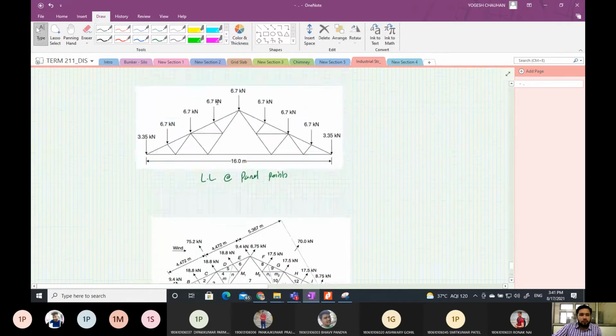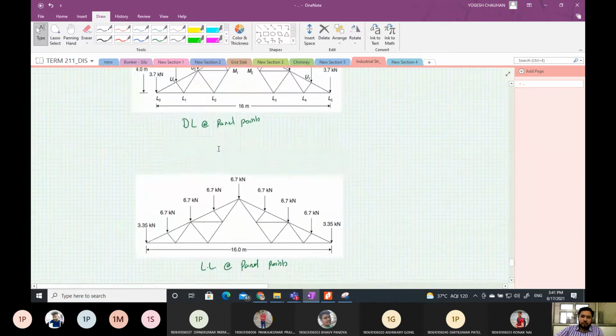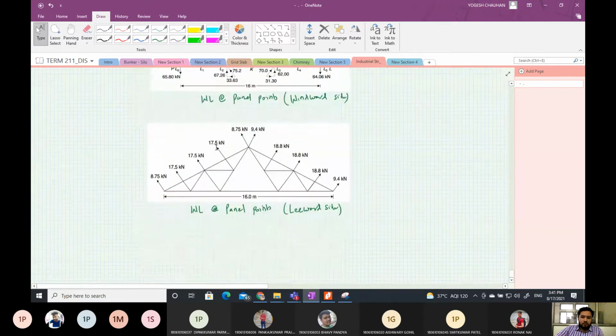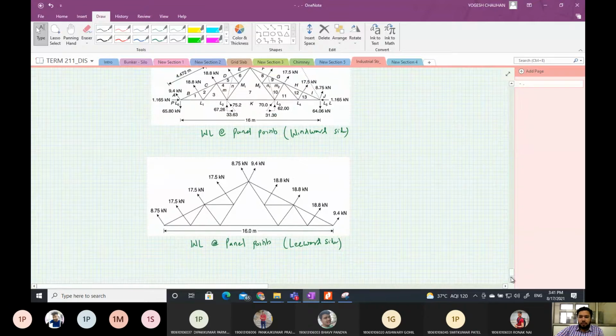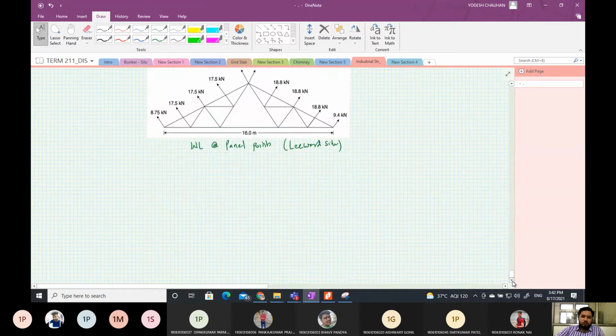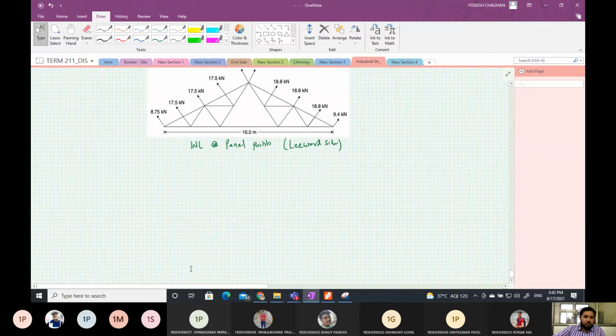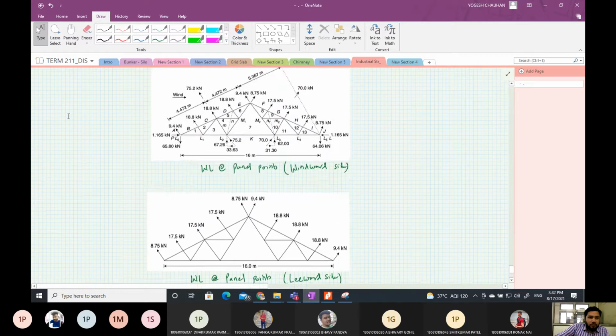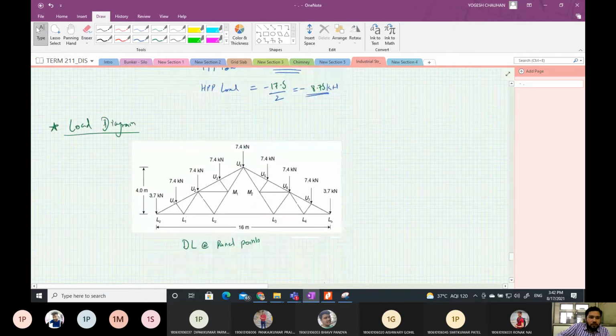Okay, now we have the load on the trusses. Now we have to analyze this truss. So for analysis, we'll use graphical method. As discussed earlier, we can use graphical method, method of joint, method of section, or matrix method, or any computer code. But here we will be using graphical method. So next step is analysis of roof truss. Actually this is part of the analysis only.